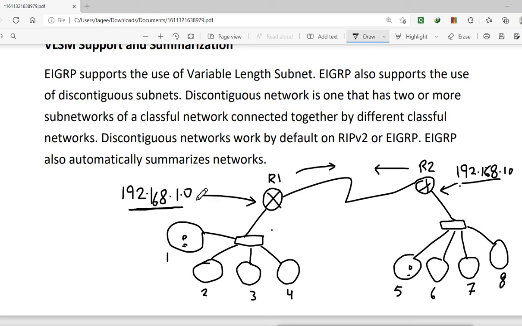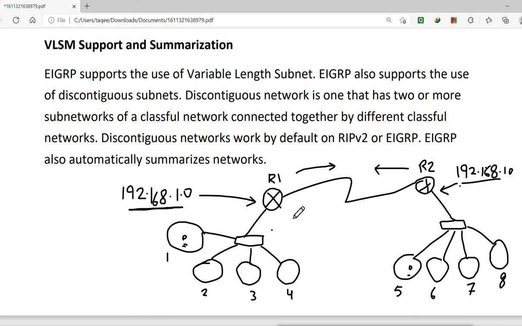It is summarizing the network, so it will not inform about one subnet coming or going. This helps reduce the traffic on the WAN links, so it will not send traffic over the WAN link every time small subnets come or go.